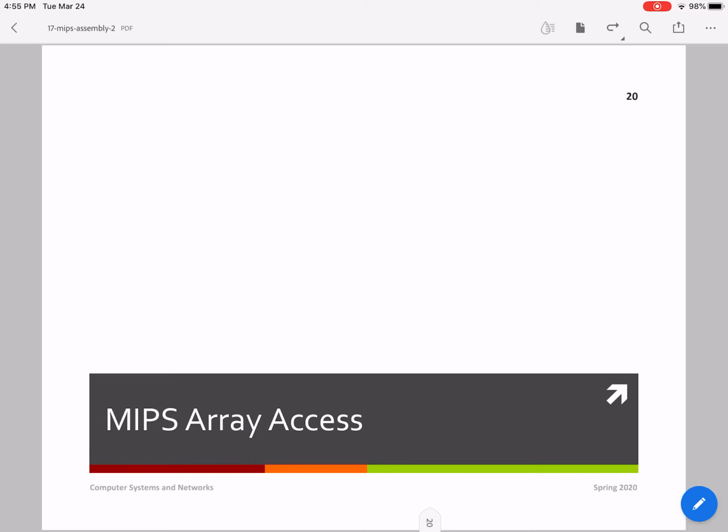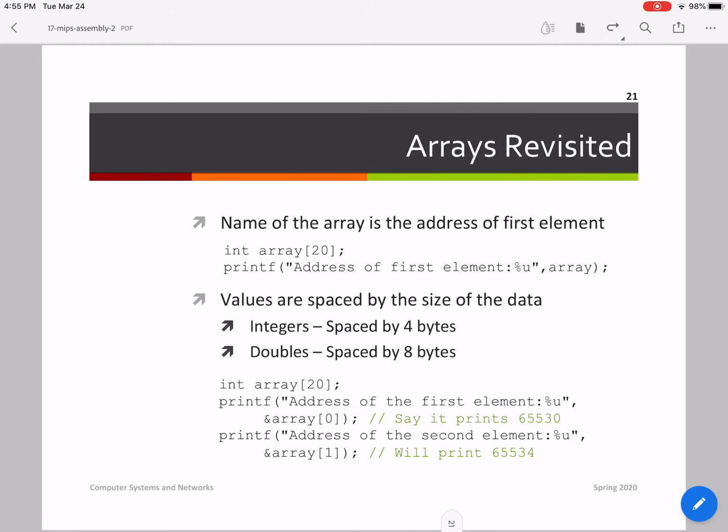In this lecturette, I cover some working examples on the use of memory instructions in MIPS assembly. Before we proceed any further, I think it's a good idea to revise the array concepts and how your C program views an array. The very first important concept with respect to arrays is that the name of the array